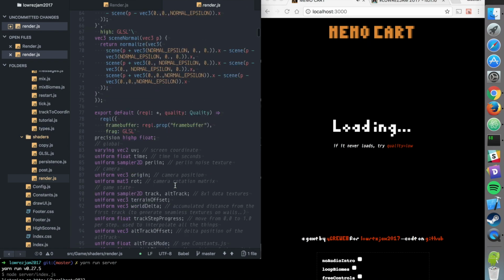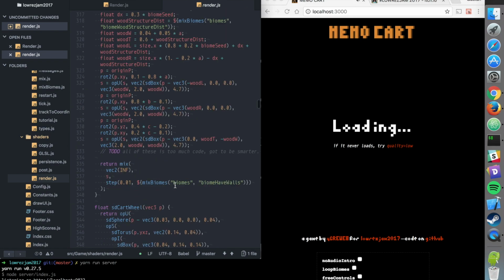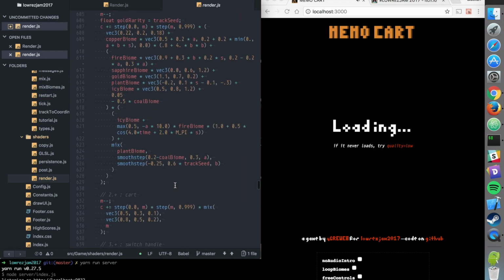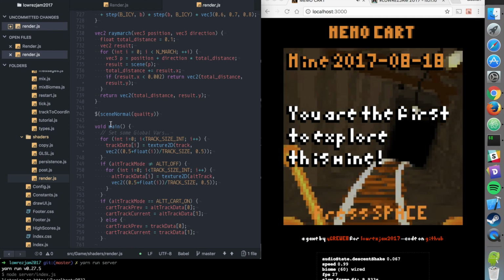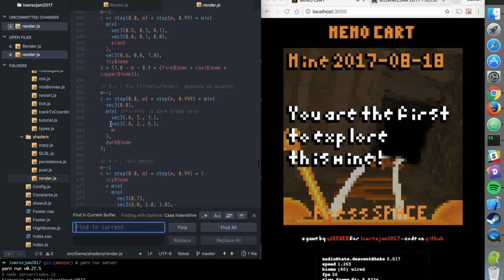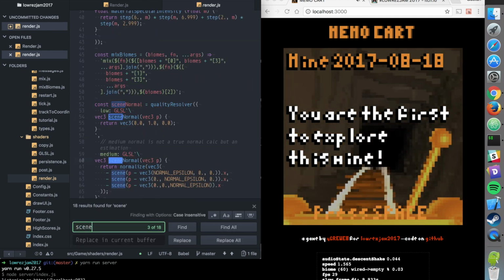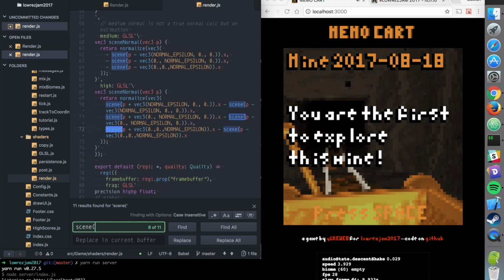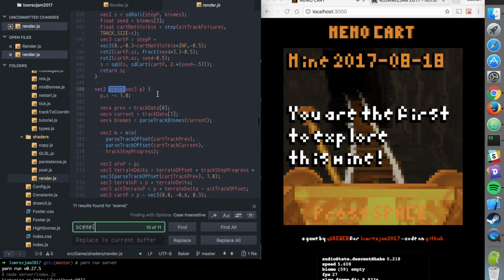Let's see. So again, my game is rendered with a big shader that just draws everything in this paradigm that allows me to define a scene function somewhere. Hold on. Yeah. So this is the main function,